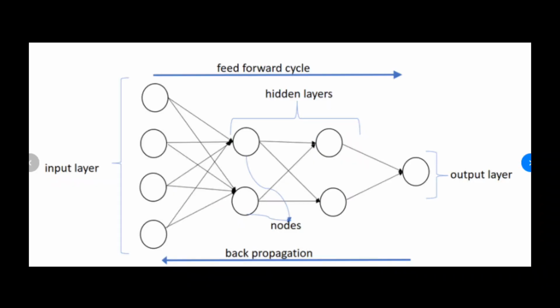There are two important methods of approaching the neural network, that is the feed-forward network and the backpropagation cycle. The feed-forward is nothing but it takes the input and it just processes the data and it will give you the result. So this is the process of the feed-forward network, and the backpropagation cycle is a trial and error method. I will explain more clearly about this.